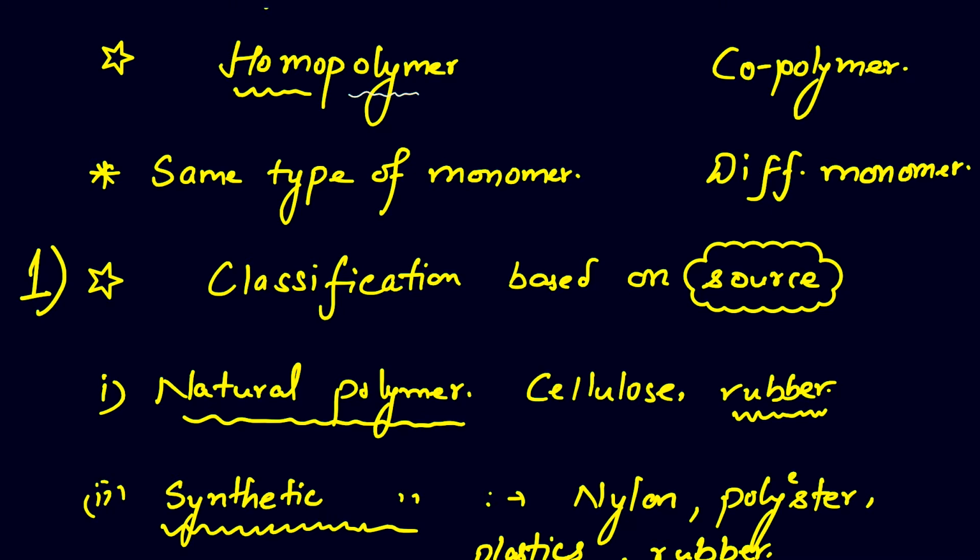So if a polymer consists of the same type of monomers, a single type of monomer, that is termed a homopolymer, while if it contains different types of monomers, that is called a copolymer. So a polymer having the same type of monomer is termed a homopolymer, while a polymer having different types of monomers is termed a copolymer. So examples of homopolymers can be neoprene,